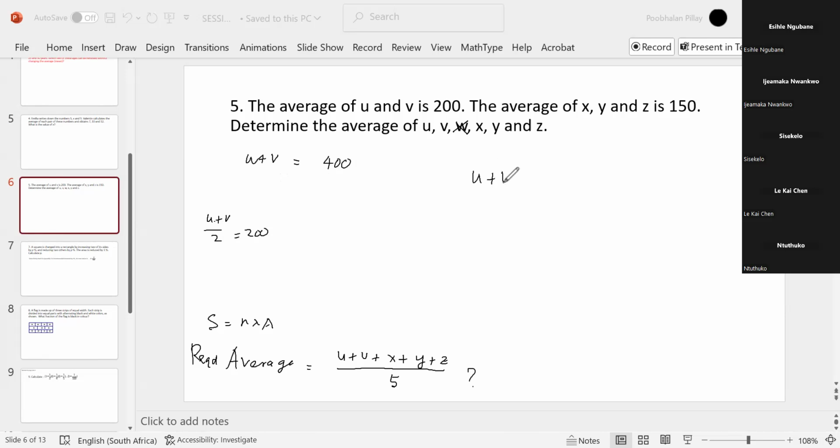Let me put it down here so I have enough space. Likewise, the average of X, Y, and Z, X plus Y plus Z, there are 3 numbers there. So it's 3 times the average, which is given to be 150. So it's 3 times 150, which is 450. Okay. Now, if you don't like that, you could have gone straight to the definition of what average means. And you could have said,